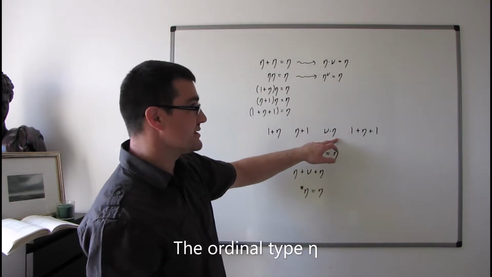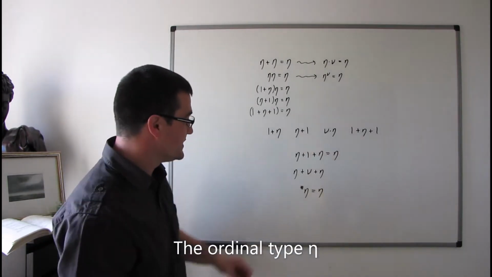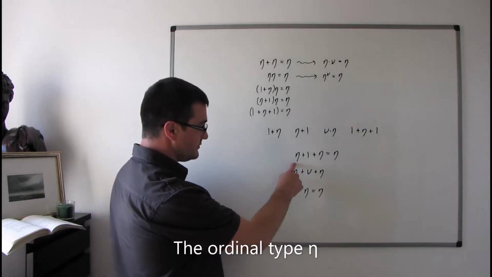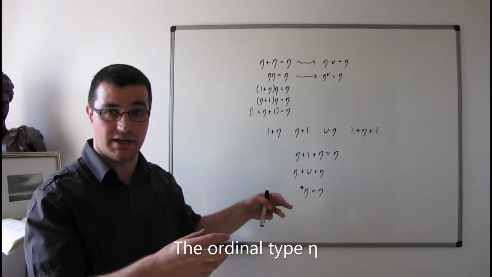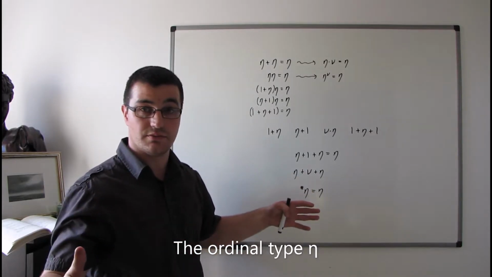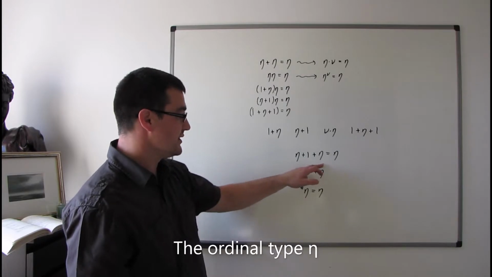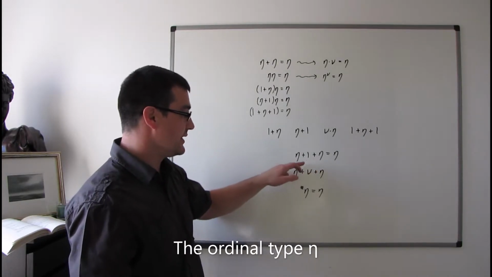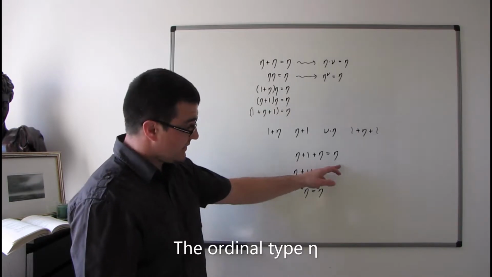Nu times eta, I can't think how to interpret that right now. Eta plus 1 plus eta, so that's kind of all of the rational numbers between 0 and 2, not including 0 and 2, but including 1 itself, has the same